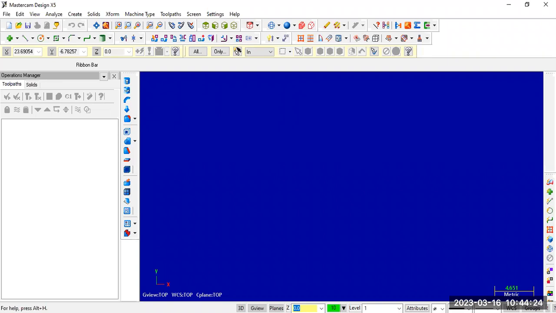But if a component consists of so many features, let us say some number of slots, some number of grooves, some number of holes, some number of contours, etc., manually it is difficult to write an NC code. For simple components, easily we can input the NC code directly over the CNC machine. But if the component consists of so many features, it is difficult to write a CNC code manually over the machine itself. So that's why with the help of this MasterCAM software, you can easily create the NC code,